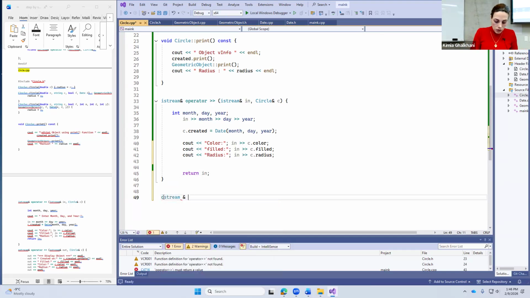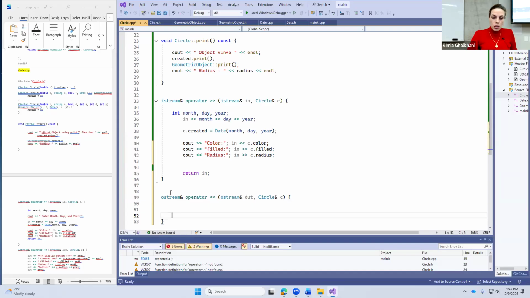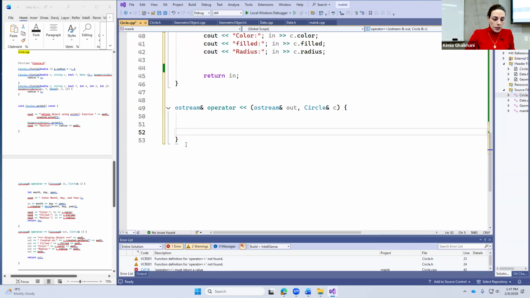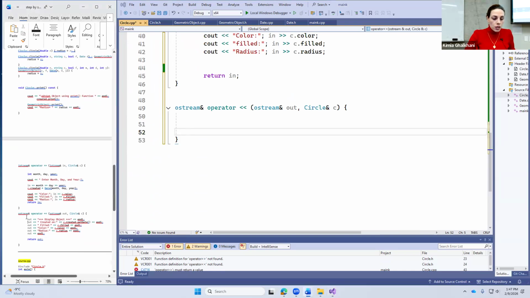OStream and operator. And then, since this is output, it has to be the other direction. OStream and operator. And remember, OStream is output. Then call it out. Then circle and operator, C. The method is the same, but instead of input, we are practicing output. And then right after that, this is all going to be cout. I'm going to just cout. Therefore, for the sake of time,